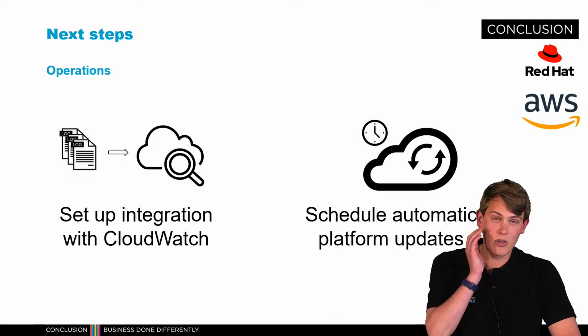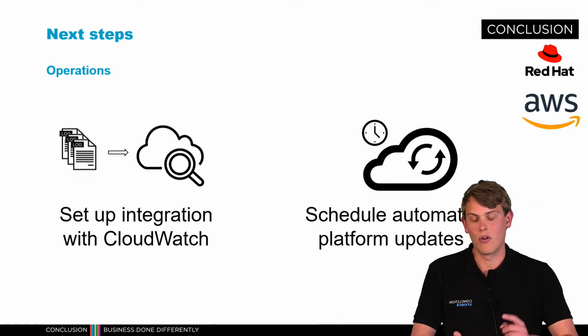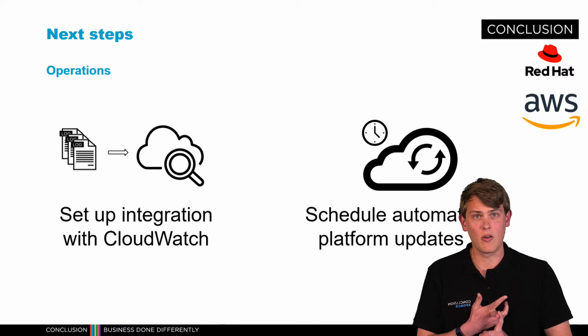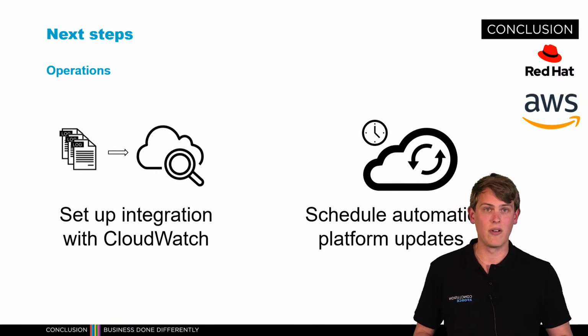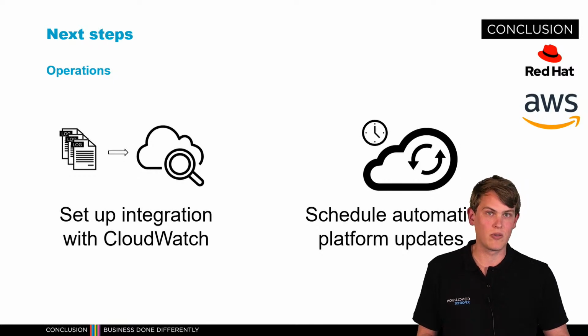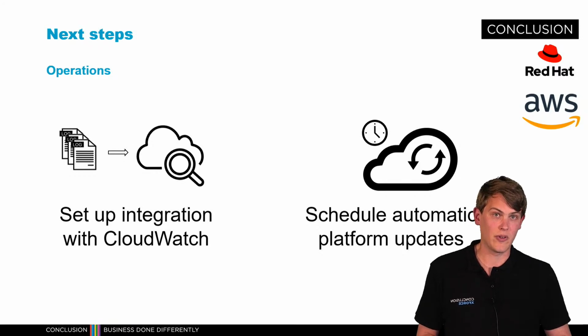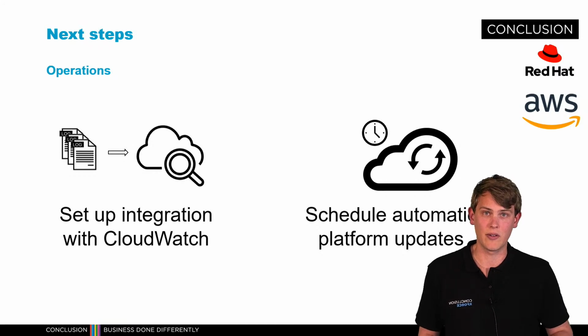You can enable log shipping from your entire cluster, either the infrastructure logging, the application logging, or audit logging, or all three, or a combination within the OpenShift console or in the Red Hat Cloud console. And it's a single push of a button to enable log shipping to CloudWatch. So it really integrates very nicely with a lot of existing tools and alerting tools within AWS.